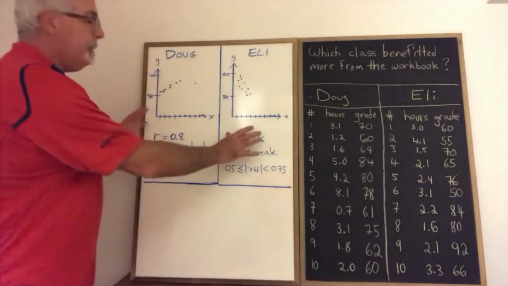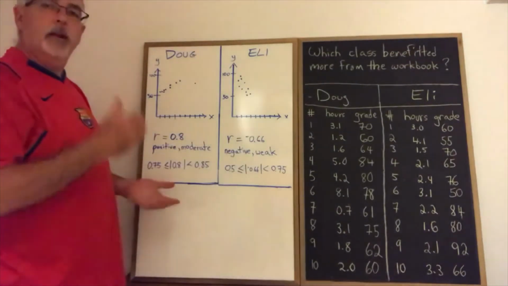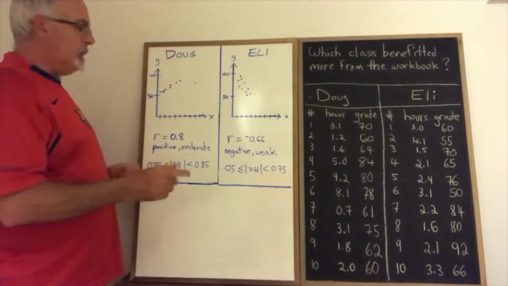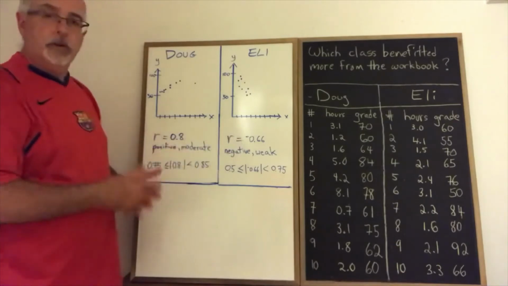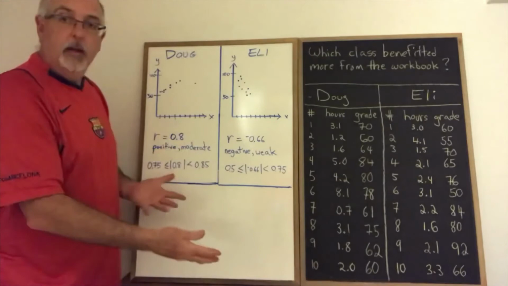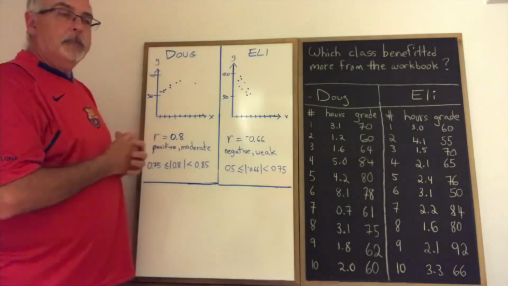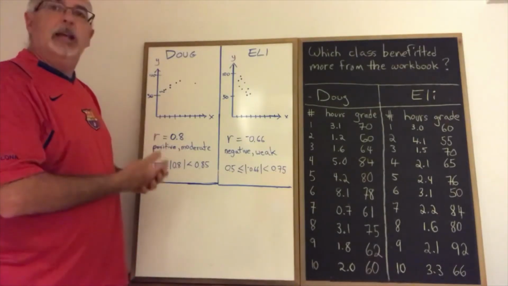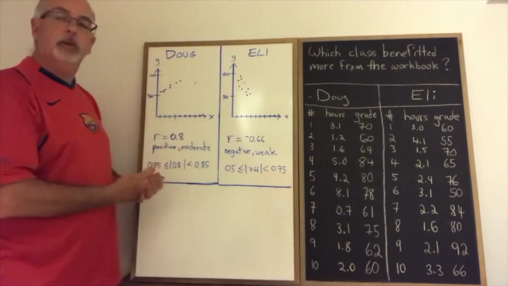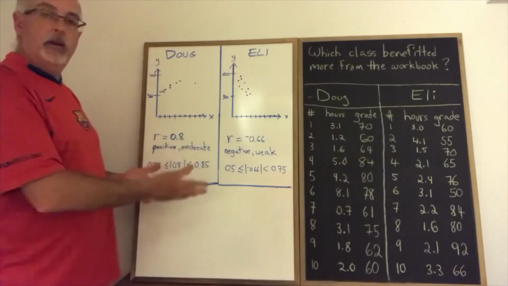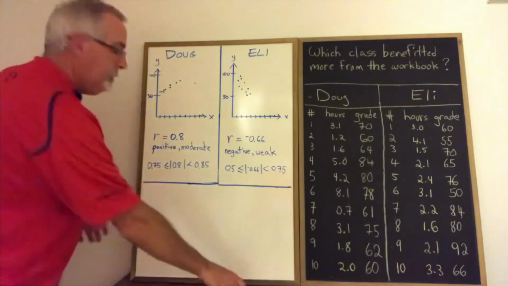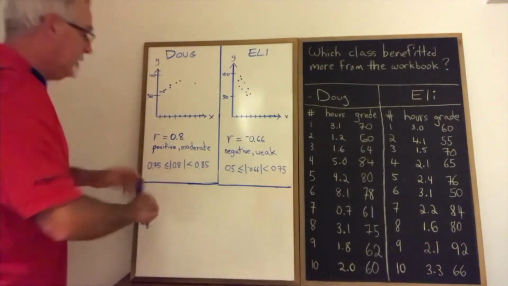But now I have enough information so that I can give my final answer to the question. And the final answer is a little different this time, because very often when you're comparing correlation coefficients, you're really just looking for which one is better. And moderate is better than weak. It means that there is more justification to say there's a connection between these two things. In this case, the connection between number of hours on workbook and grade. But the answer here is actually simpler, because what I'm going to say as my final answer is